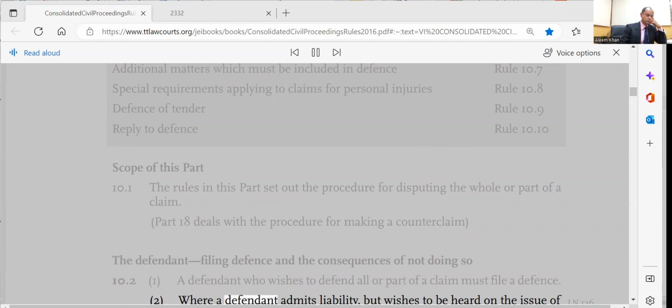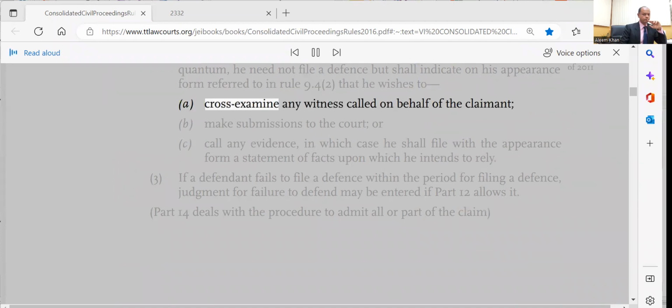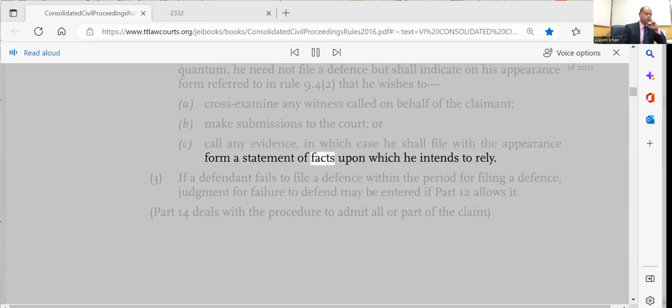2. Where a defendant admits liability, but wishes to be heard on the issue of quantum, he need not file a defense but shall indicate on his appearance form referred to in Rule 9.4(2) that he wishes to a. cross-examine any witness called on behalf of the claimant, b. make submissions to the court, or c. call any evidence, in which case he shall file with the appearance form a statement of facts upon which he